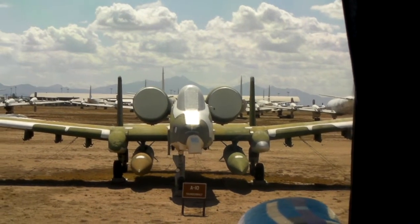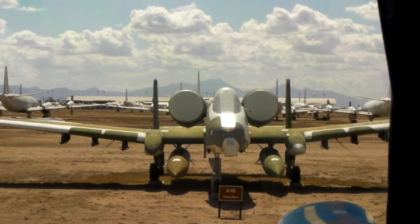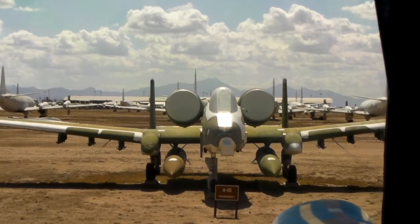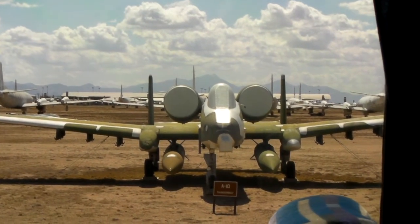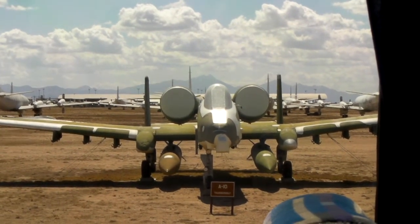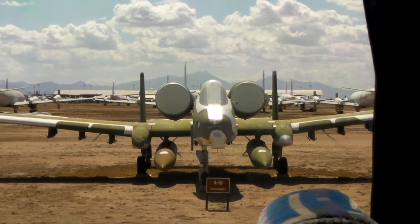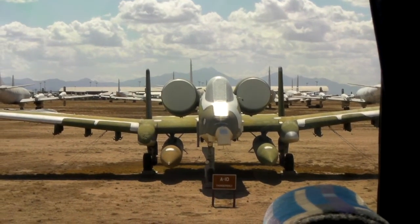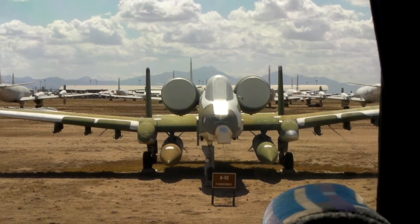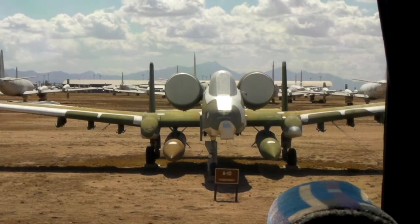Coming back over to the left, we have the A-10 Thunderbolt. Now, that's an aircraft that was built around a gun. As you look at it, you can sort of see how the nose wheel is offset to the pilot's right-hand side, our left-hand side. That's so that that gun can fit down through the back of the fuselage of that aircraft. The size of the gun is about the size of a Volkswagen bus, and it fired 30 millimeter shells, which